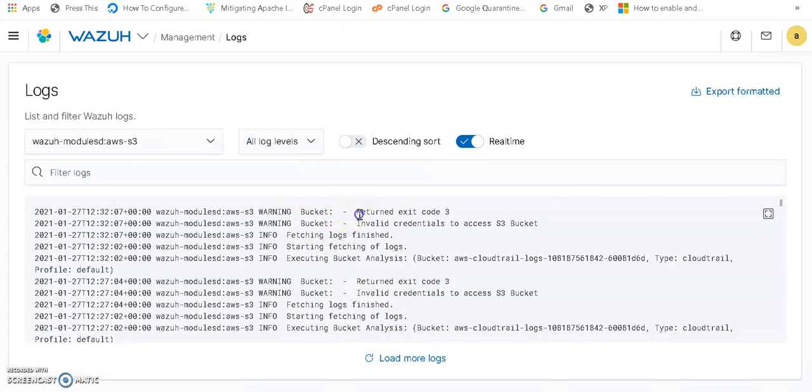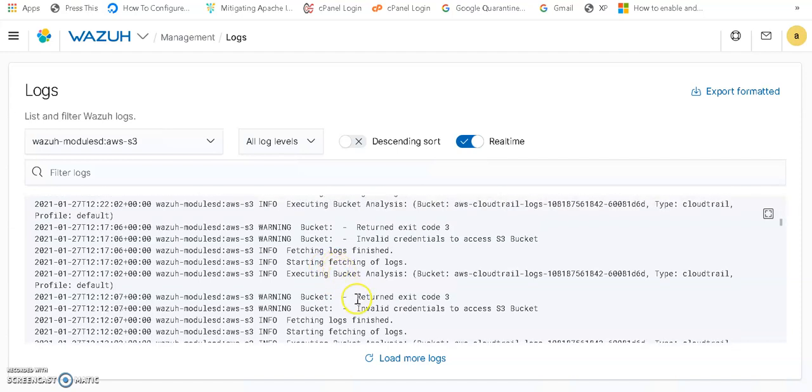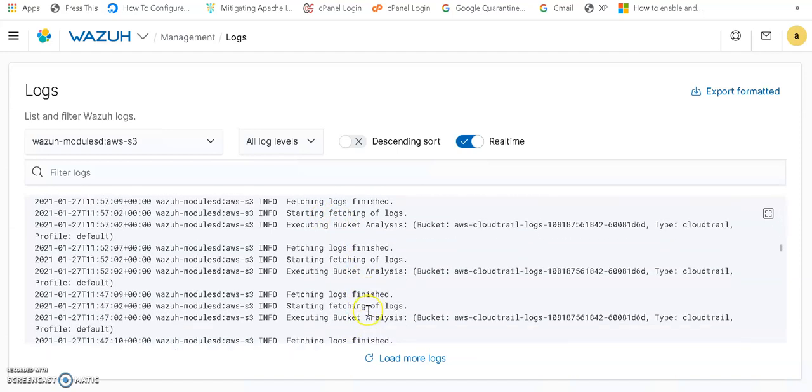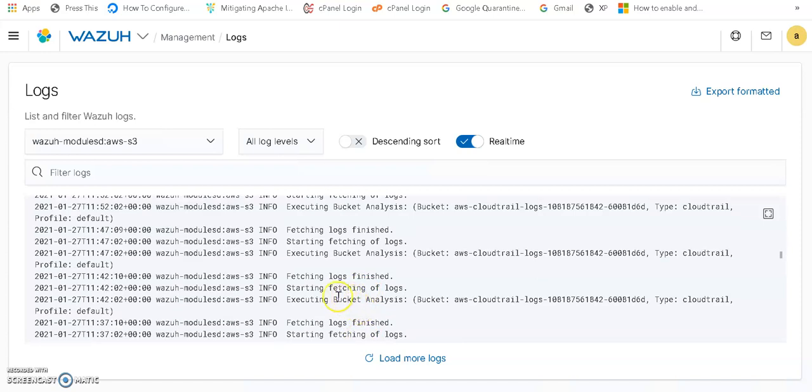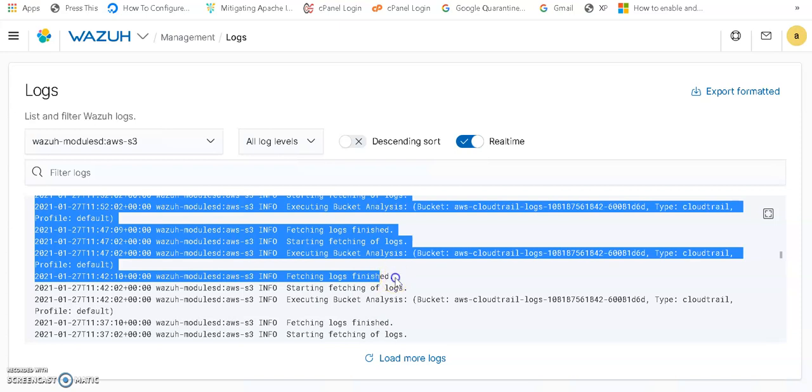Here you can see it returned with exit code 3, invalid credentials to access S3 buckets. Why is it showing this? Because I have not activated my S3 credentials, so it is not validating my credentials. Previously it was validating, so you can see there are some logs already there, with starting fetching logs and fetching logs finished, so it was successfully fetching the logs.